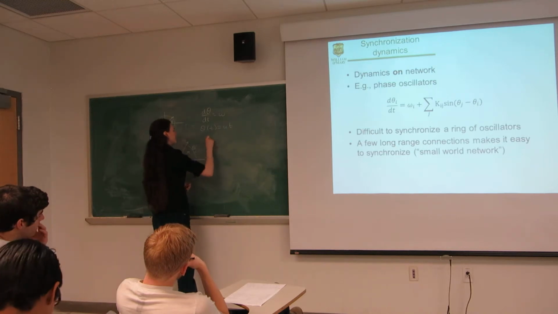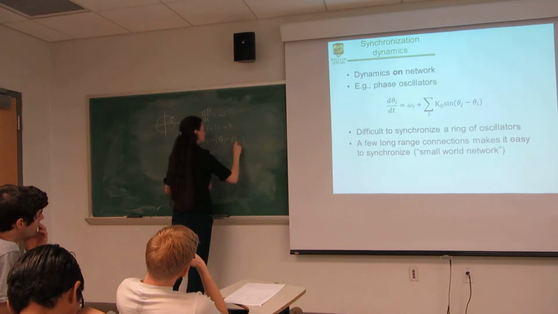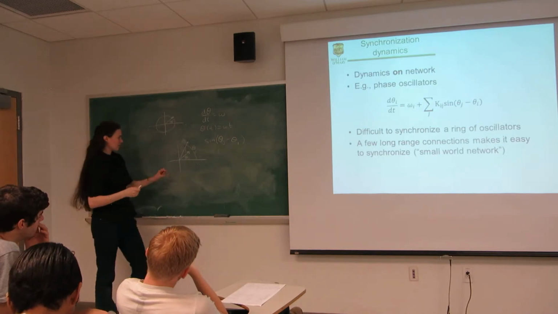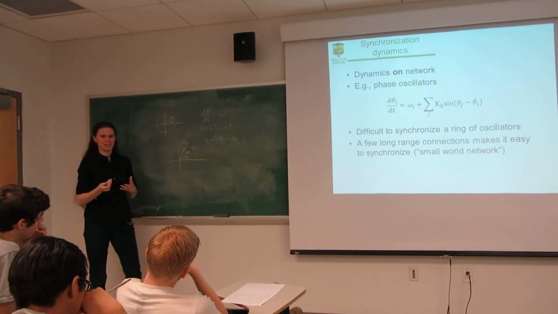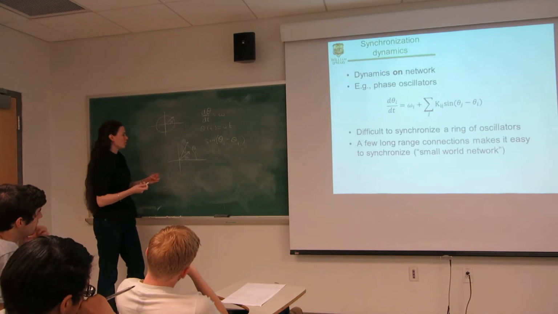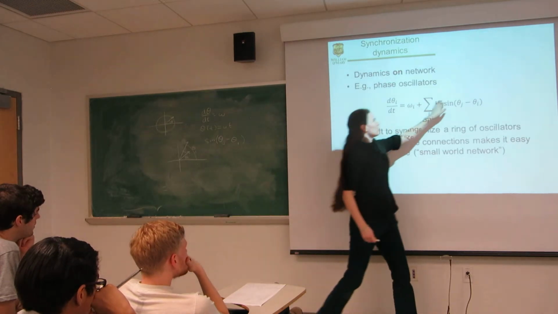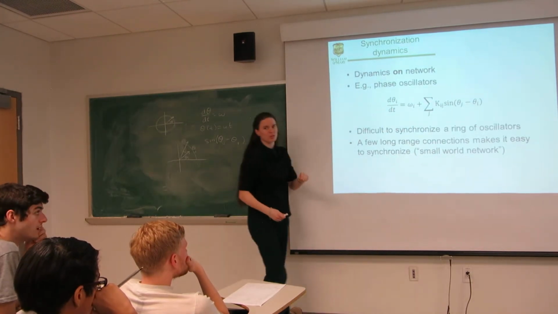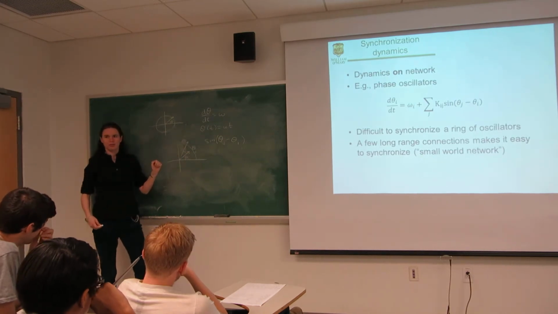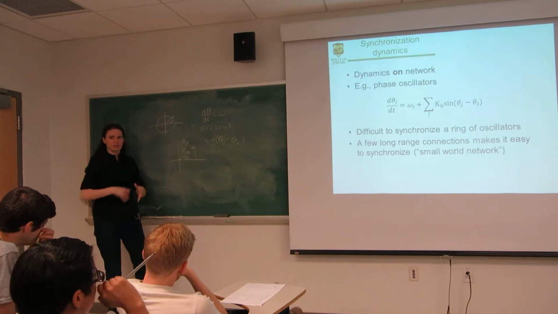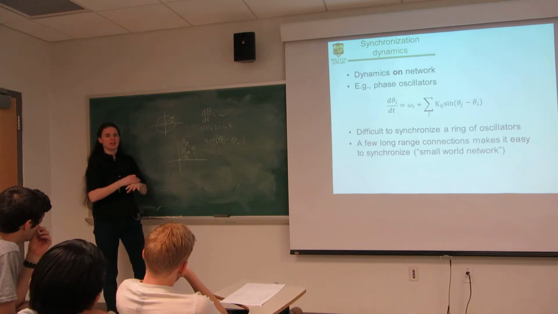So if you think about it, the sine of theta j minus theta i, the way I drew them, is going to be the sine of this angle here, which is a small positive angle, so it's going to be positive. So when j is a little bit ahead of i, this is going to be a positive quantity, and I'm going to bump oscillator i a little bit faster as a result of the coupling. And you can draw different cases. If j is behind, it's going to retard i slightly,